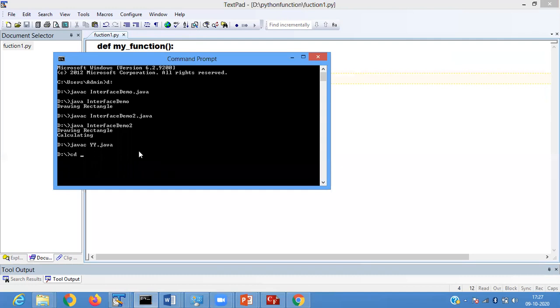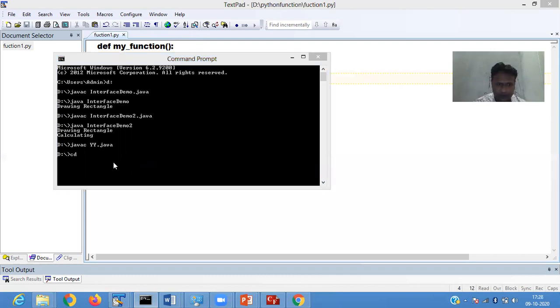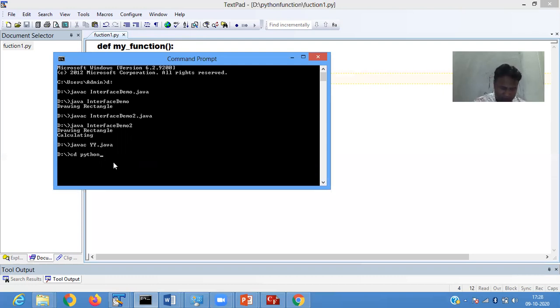We first move to the folder, cd Python function. We are moving to the drive in Python.